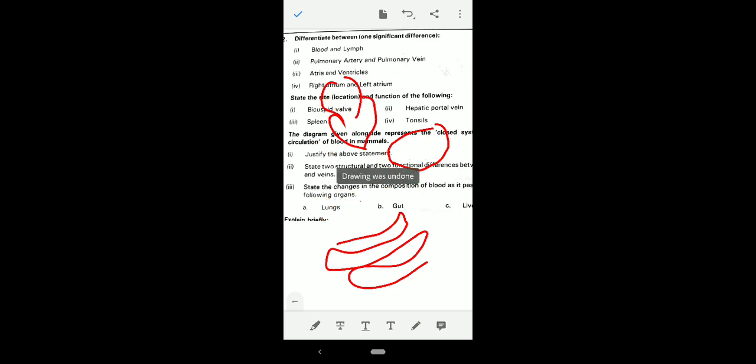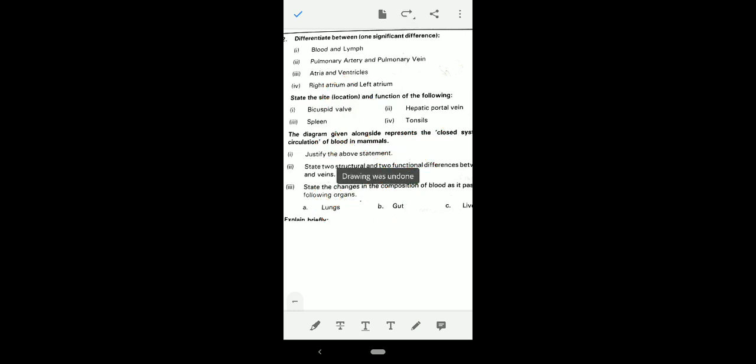Okay, our next question is: what is spleen and what is the location of spleen? Already we have discussed that spleen is a lymphatic organ and it consists of lymphocyte which helps in the production of antibodies. Spleen is the largest mass of lymphatic tissue and its size is around 12 centimeter in length. It is located in the region between the fundus of the stomach and the diaphragm.